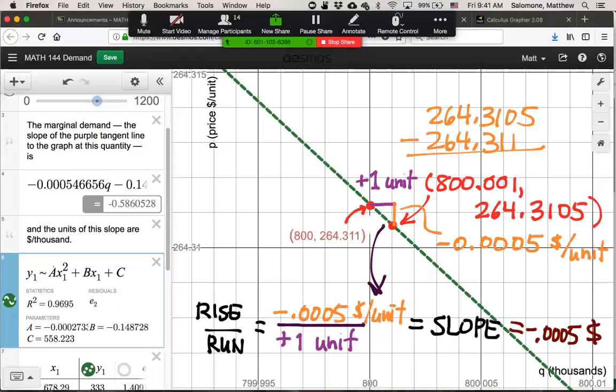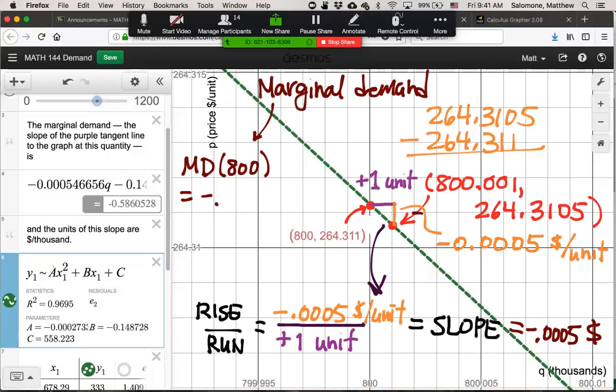What this really tells us, first of all, we call it the marginal demand. And we would represent it by MD. So capital M in front of my demand function. Now I'm talking about the marginal demand. And this is evaluated at a quantity of 800. And the number that I got was minus 0.0005. And so this tells me, again, if I put some context onto this, that if we're producing 800,000 units,